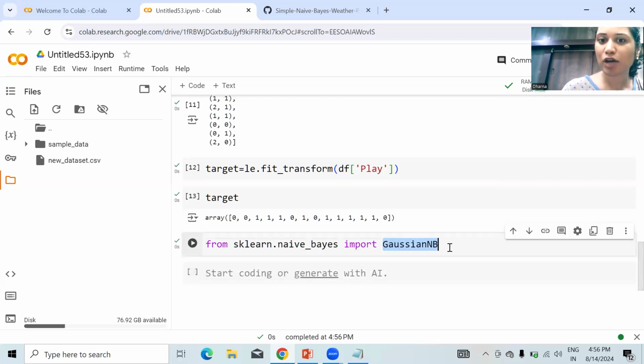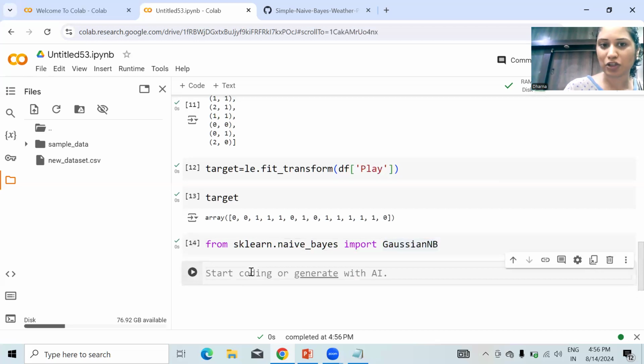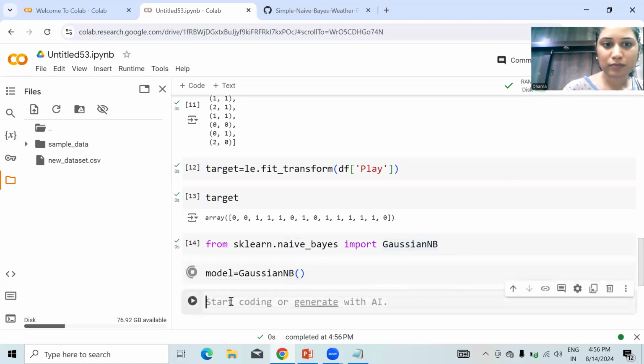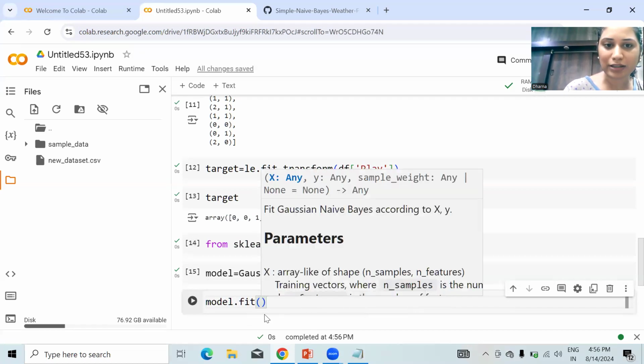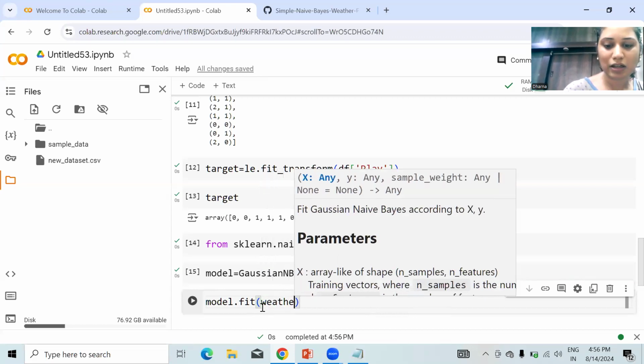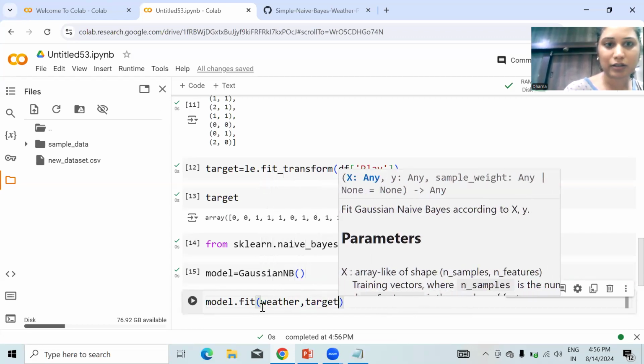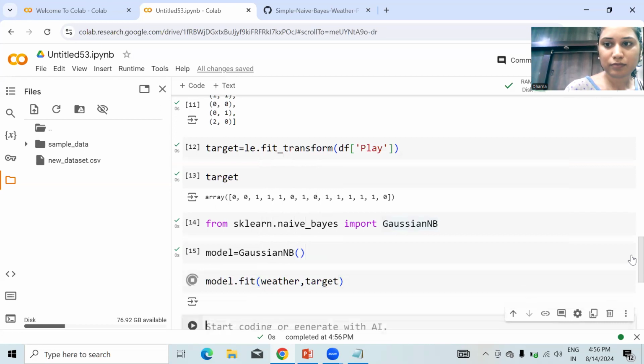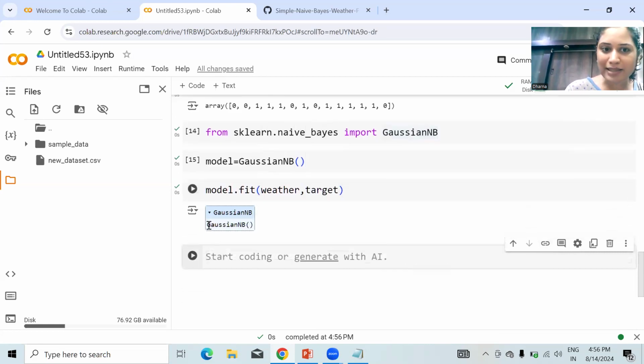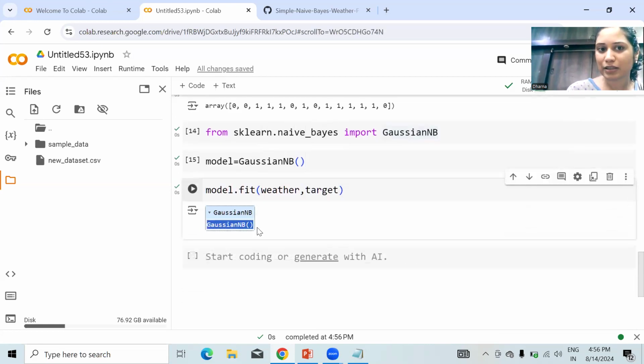This is the class we are going to use to do the classification. I'm going to create the object of this, and then I will train the model with the data set, which is weather, comma, target. You can see the model is created.